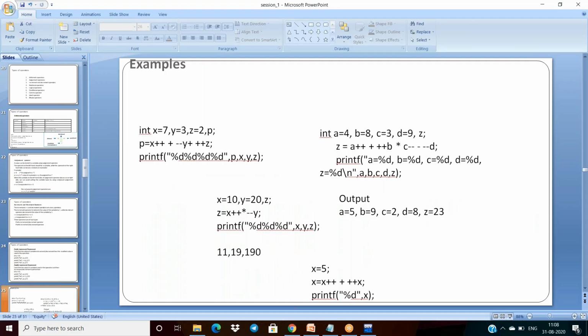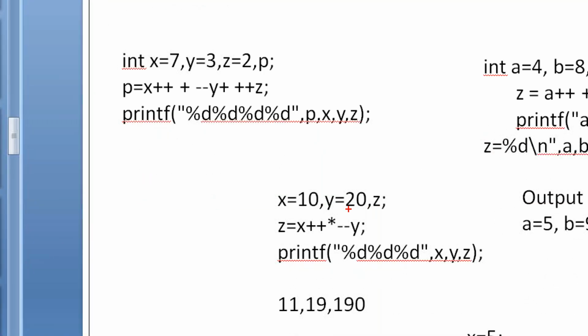Now coming to the next example. Again, the expansion is from right to left. So first --y: the y value is actually 20, so --y means 19.